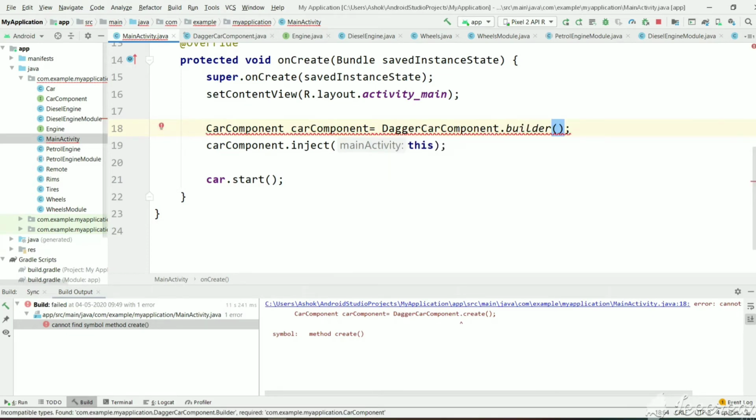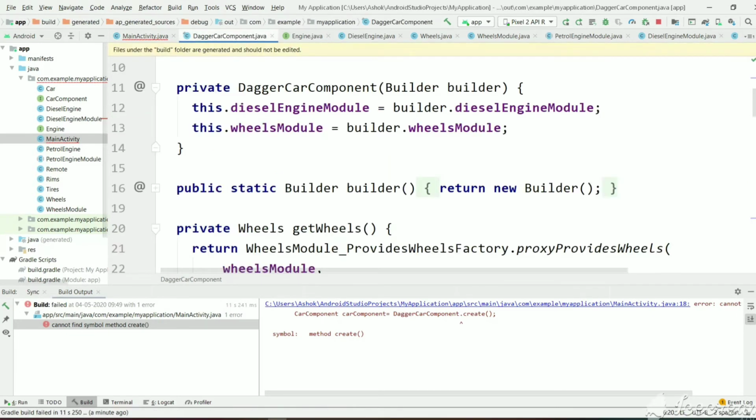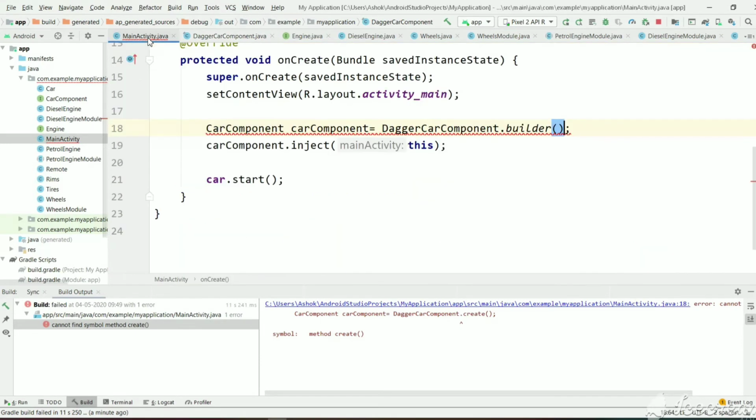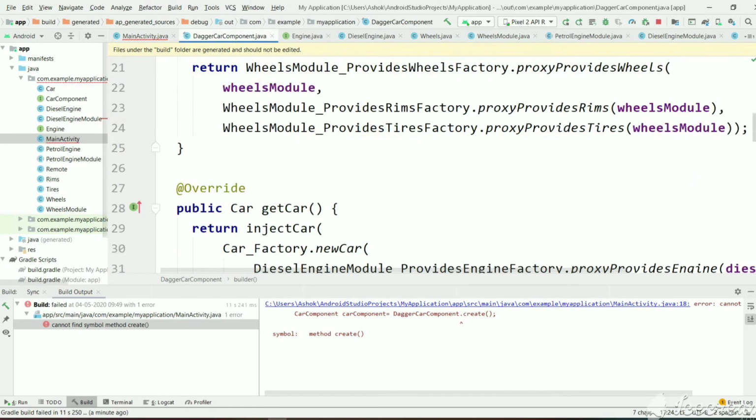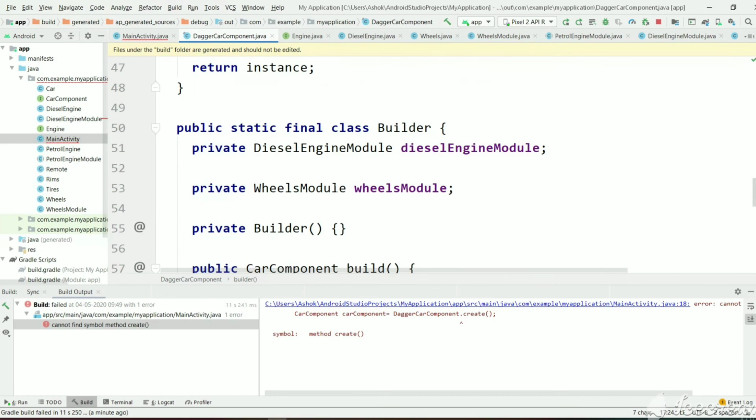We have used a builder. The builder returns a new builder. So builder is also nothing but an internal class, the builder. And with this builder we can provide arguments to diesel engine module.